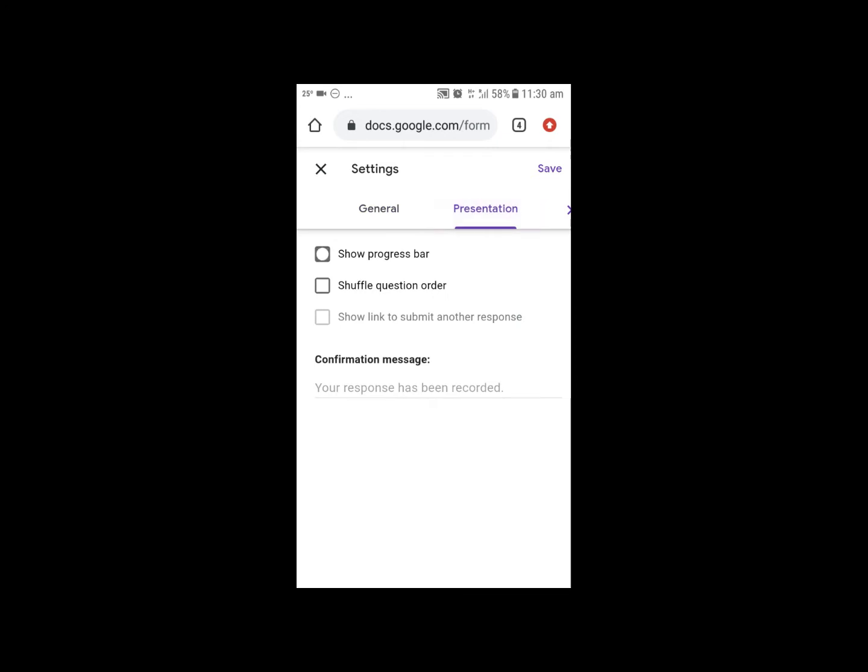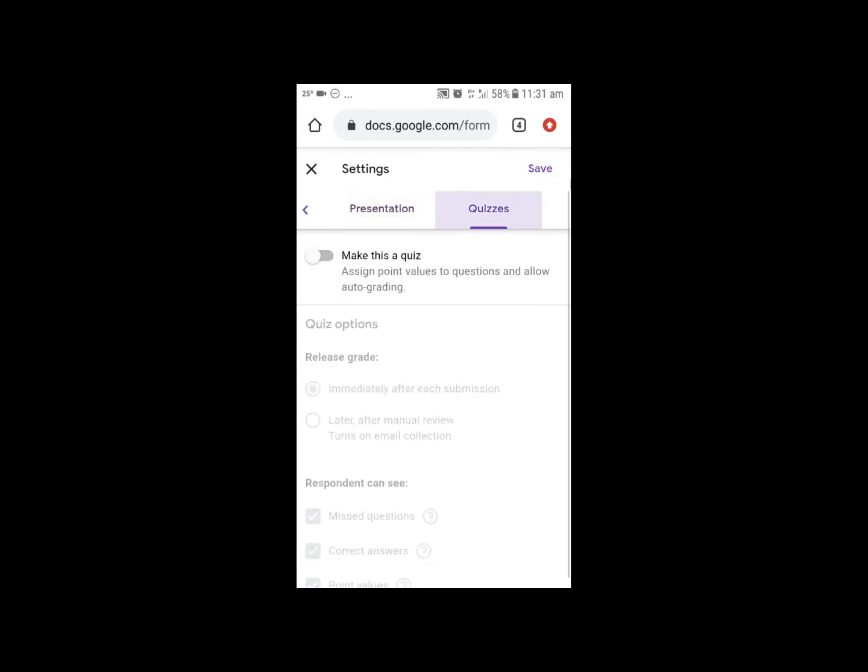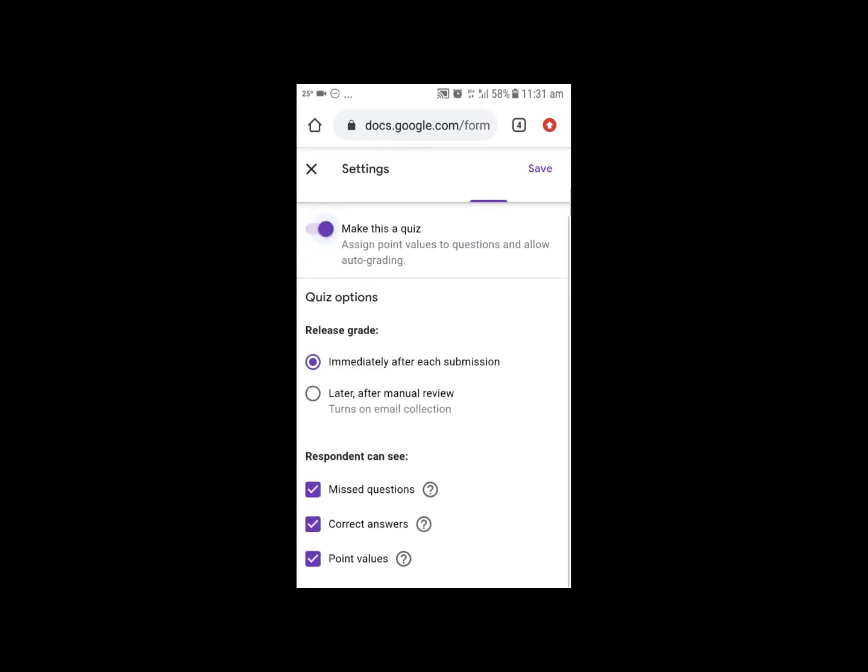Under presentation, click show progress bar and shuffle question order also. Now most important, under quizzes, select make this a quiz. Under quiz options, to release grade, by default it is selected immediately after each submission. According to your convenience, you can change the settings.